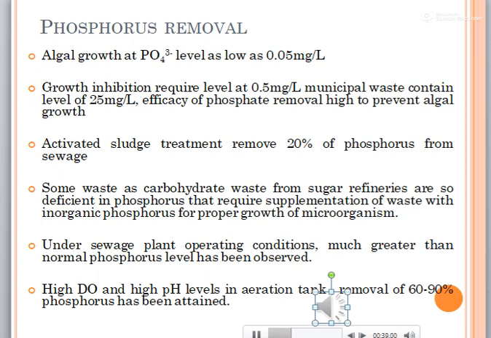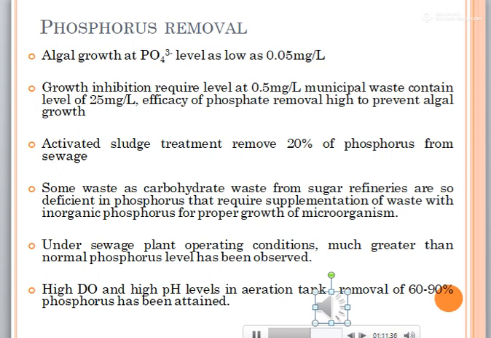This removal may occur in the sewage treatment process: first, in the primary settler tank; second, in the aeration chamber of activated sludge; third, after secondary waste treatment. All these processes have been mentioned in detail in previous slides. Activated sludge treatment removes about 20% of the phosphorus from sewage. Thus, an appreciable fraction of largely biological phosphorus is removed with the sludge.